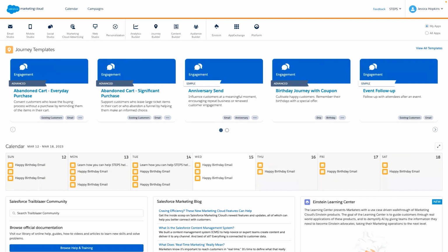So just to give you a little bit of an overview. Over here on the left, we have our studios. These are going to be the different areas where we create communications that we can then push out to our individuals, like creating emails, our mobiles. This actually comprises two pieces. We have Mobile Connect and Mobile Push. Mobile Connect is going to be your